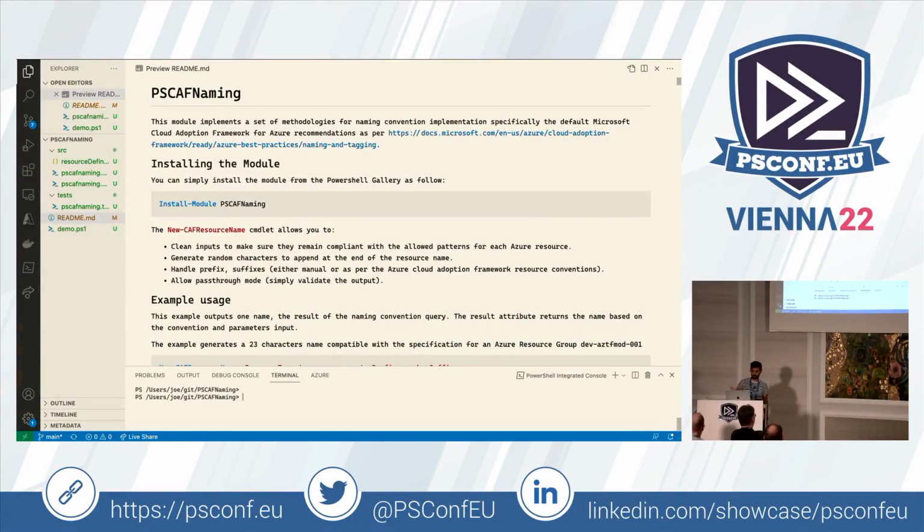Guys, this is a module that isn't in the gallery yet. It's something I'm working on and I'm open to all of your input out in the hallway afterwards. So basically this is a module that I created which is based on a Terraform module called PSCAFNaming, and basically